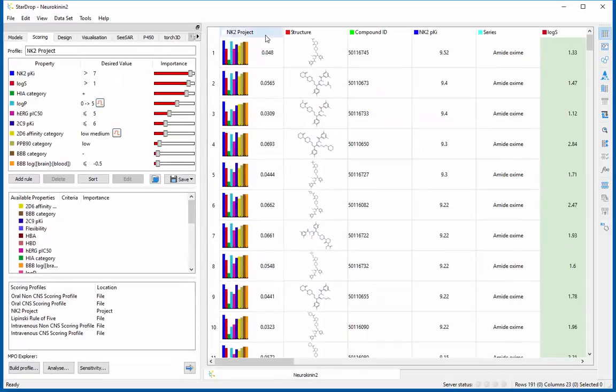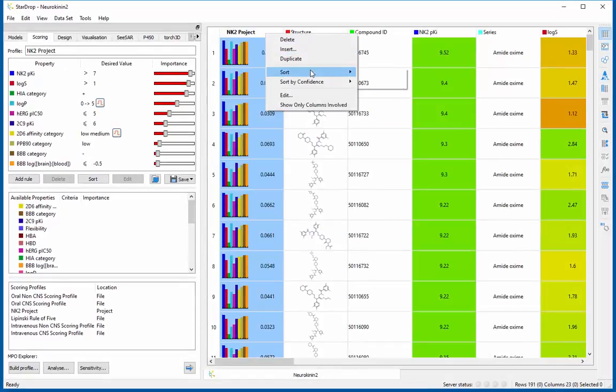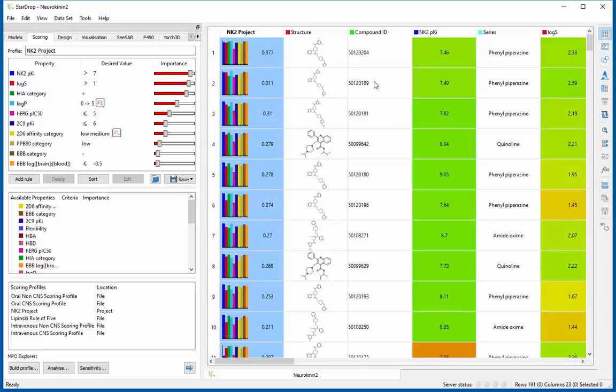To find the highest scoring compounds, right-click on the scoring column header and choose Sort Descending to sort the dataset from high to low score. The histogram in each cell gives a quick overview of the impact of each property on the score for a compound. As you scroll down the dataset and the scores become lower, the low bars in the histograms indicate properties that have not met the requirements defined in the project profile, taking into account the confidence in the data and